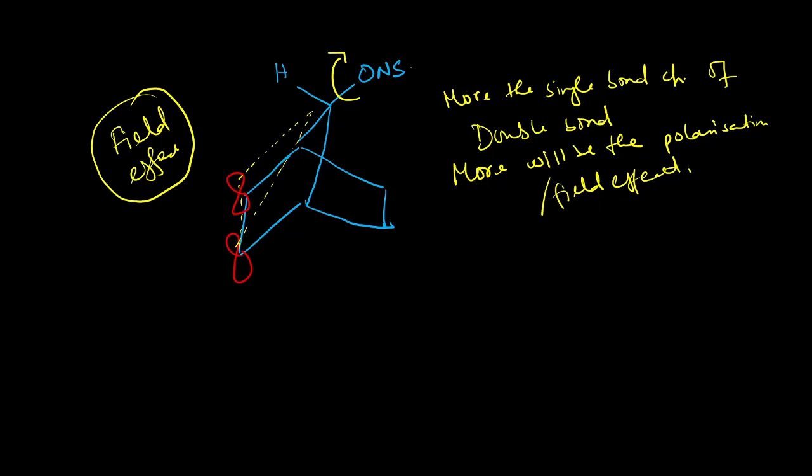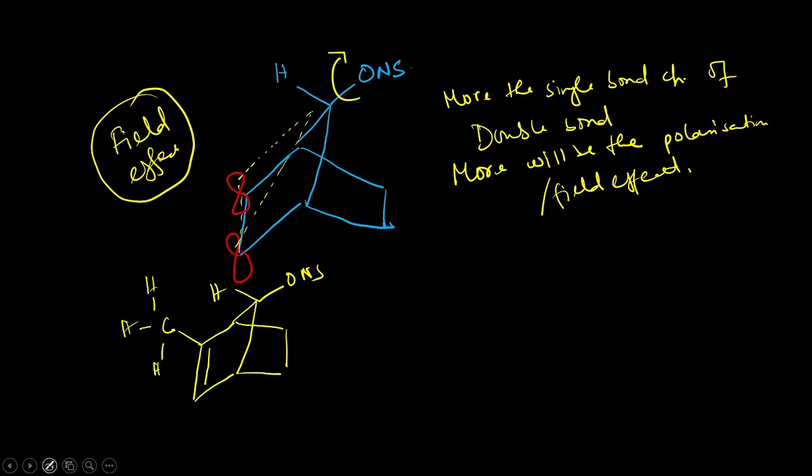Okay, because after the elimination of the leaving group, we will have a positive charge. Now if we see the molecules, this is molecule number 1 and this is molecule number 2. In the second molecule we have one CH3 here. Okay, so what is the net effect of CH3? We can write CH3 like this, and these are the alpha hydrogens with respect to the pi bond.